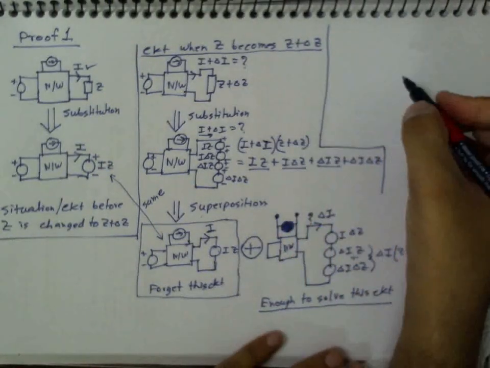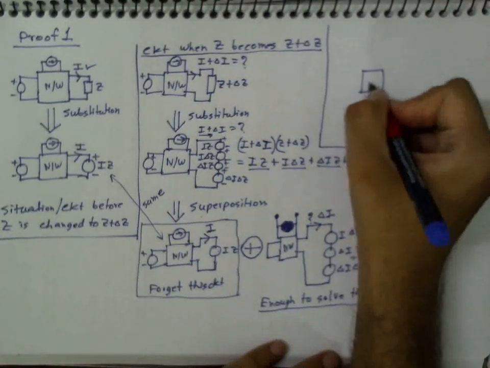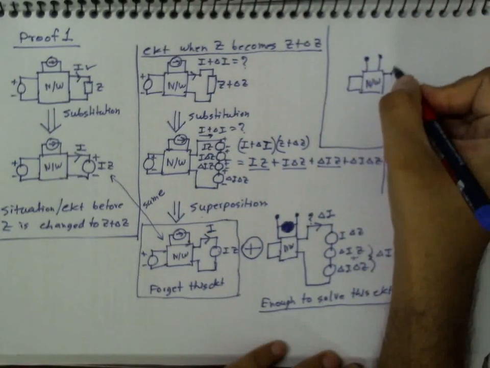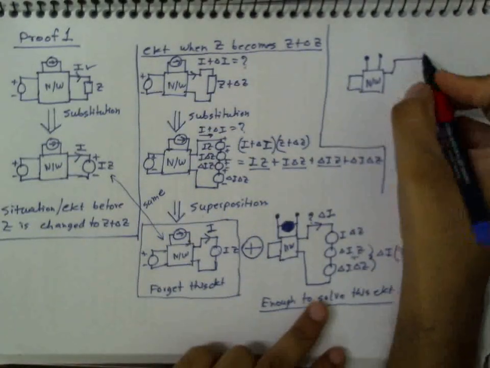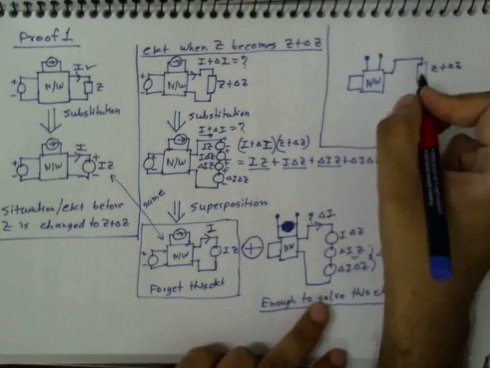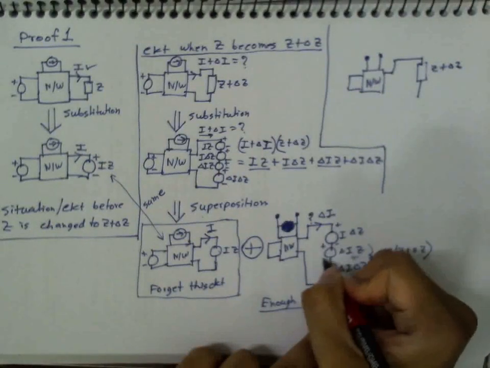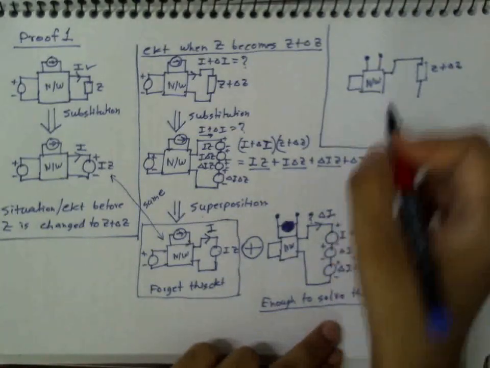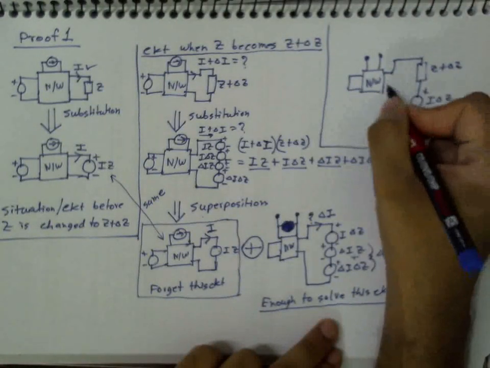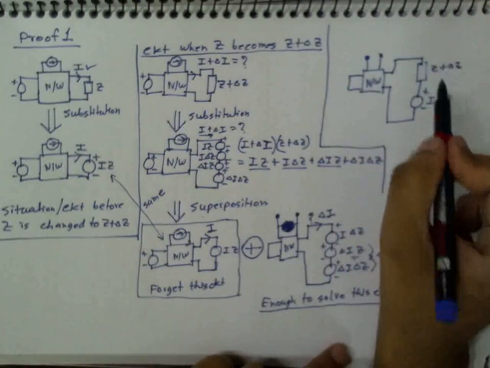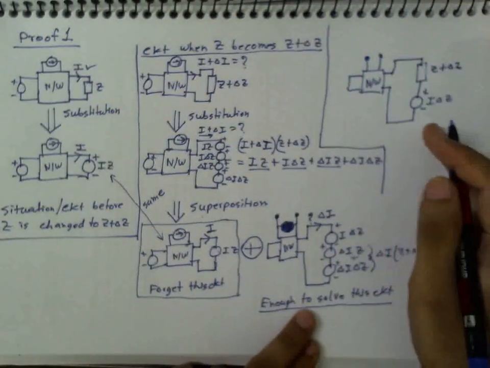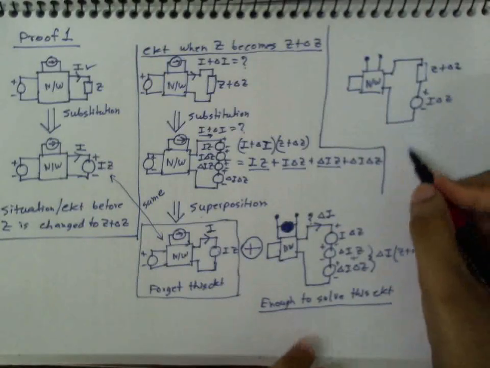and let me do that here. Actually, see this. So let me use this network with this open and this one short, and here let me have Z plus delta Z, and okay, I forgot this plus minus signs, plus minus, right? Okay, then let me use this plus minus I delta Z. Okay, so in this circuit, these two circuits are similar according to substitution theorem, right? So